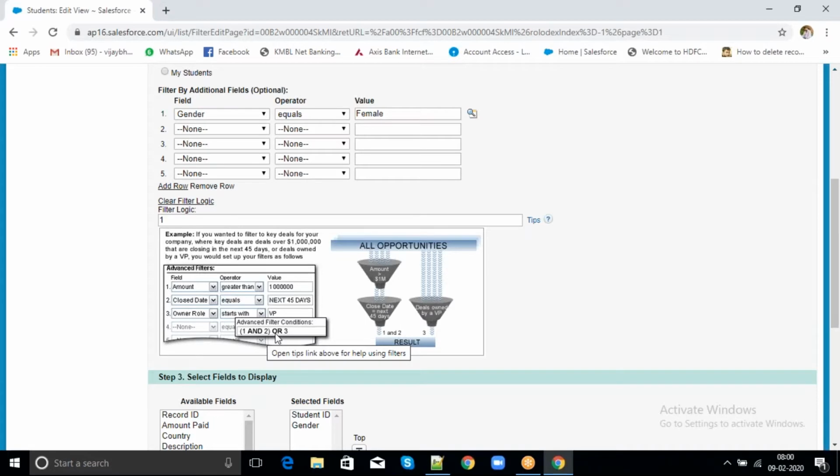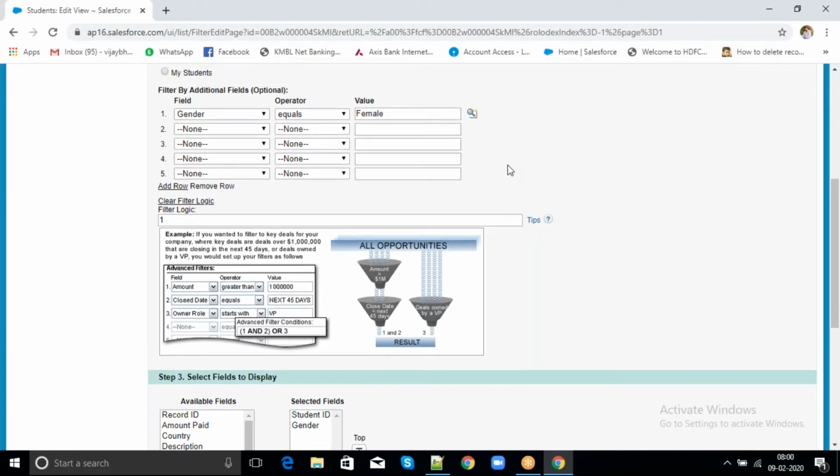What is AND? Do you have any idea about AND, OR? Oh, no, I forgot. I don't have any. It's been so long since you came into computers. Okay. We will discuss that.